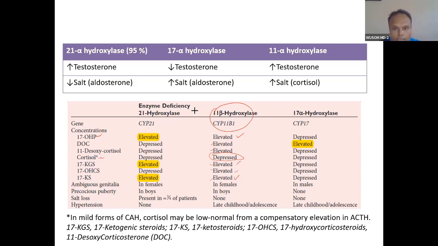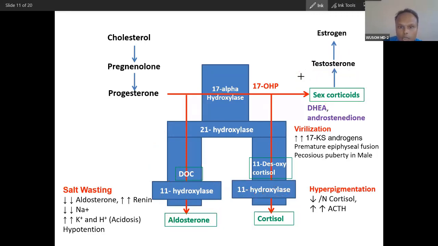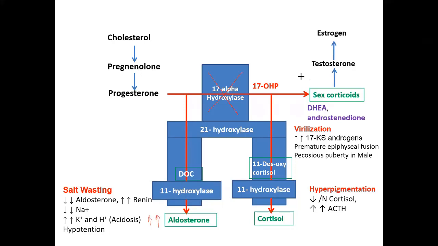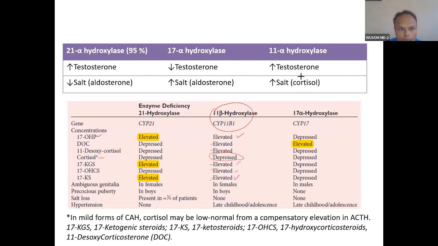Now you can see here 17 alpha hydroxylase. Let's see this condition. Tell me, if this is not there, what will happen now? It will be high aldosterone. So aldosterone will be high. What about this and this? Sex corticoid and cortisol will be low. Yes, both will be low. So only salt is high, sex testosterone is low here. So only this aldosterone is high, so all 17 will be low here.